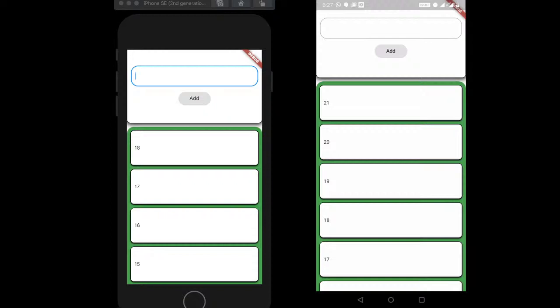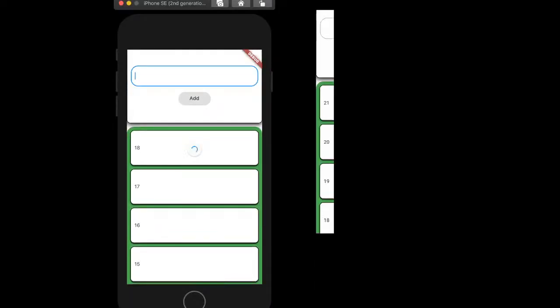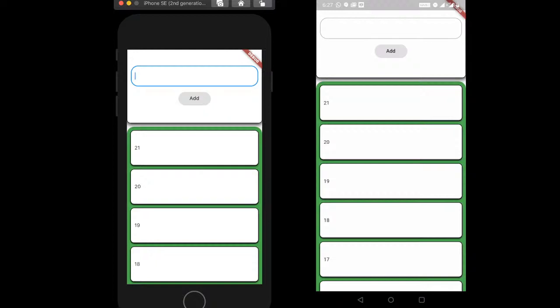Let me do a pull to refresh on the simulator. And if everything works fine, there you go. We see 21, 20, 19. Yeah, it's right. Sorry, my bad. So we got the pull to refresh working as well.